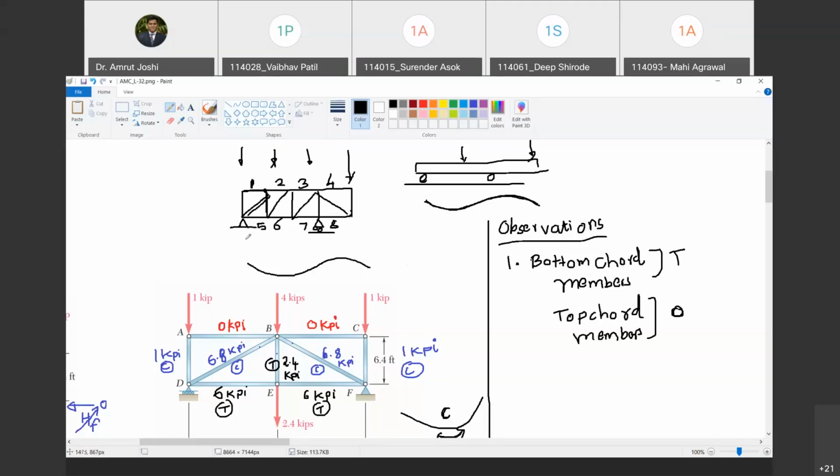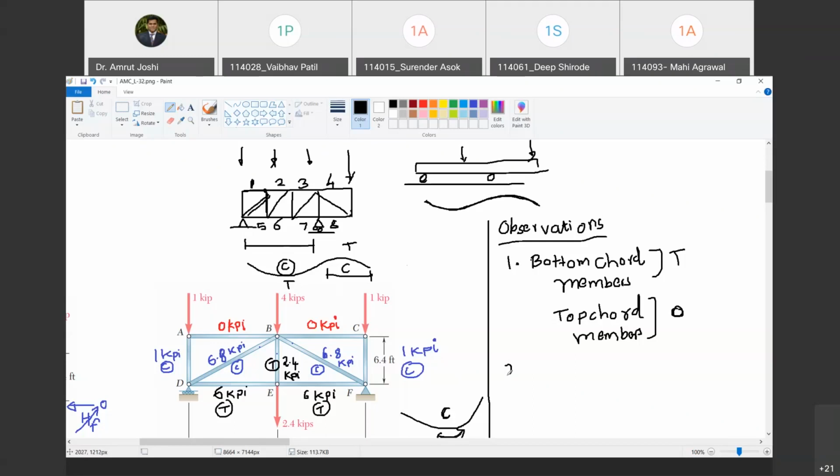हाँ. So therefore ये एक जोन है और इस जोन के बाद ये बेंडिंग जो है वो रिवर्स हो जाता है. So therefore this member number 4 is going to be in tension, member number 8 is going to be in compression, whereas member numbers 1, 2, 3 will be in compression and member numbers 5, 6, 7 will be in tension. Are you with me? Yes, sir. So once your site is set, you will be able to judge which of the members are going to carry compression and which members would carry tension for sure. Are you with me? This is the first thing that I want you to observe.